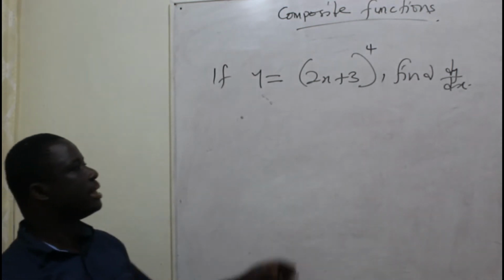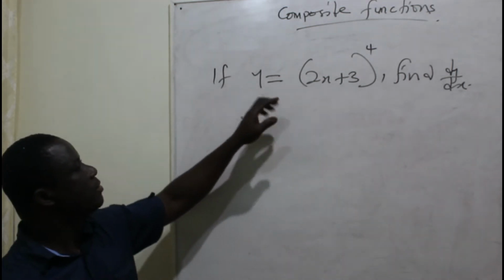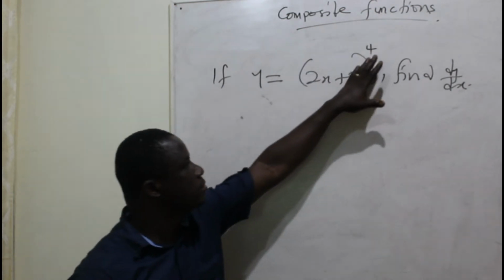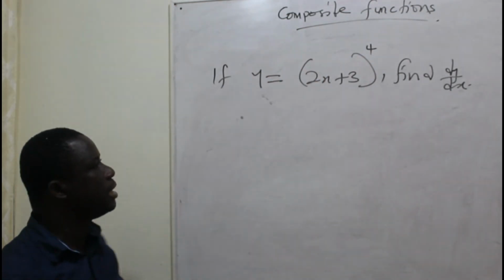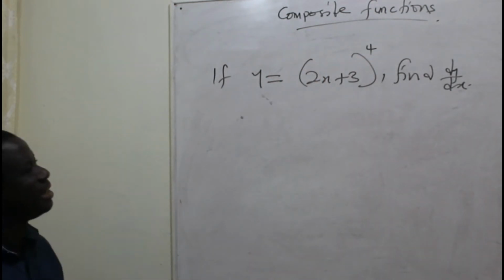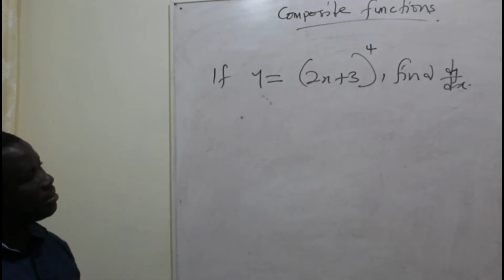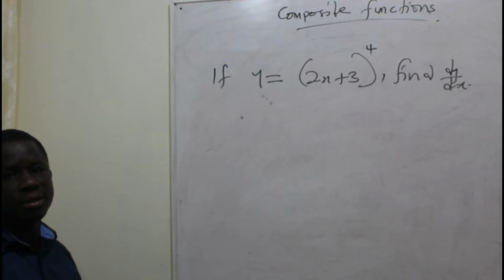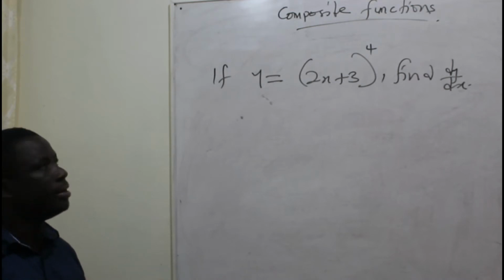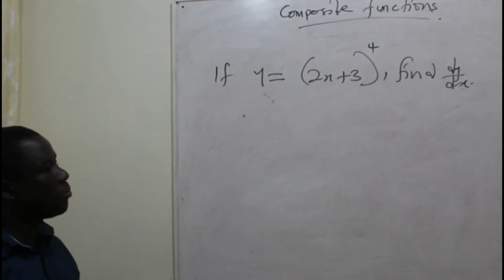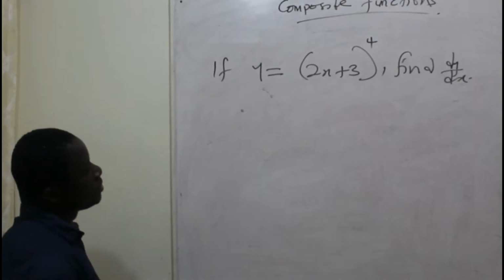So it tells you that to get dy/dx, you have to consider the 4 too. You can't just differentiate as you have been doing, and you can expand using binomial expansion. That work will be very tedious. So you apply the chain rule of differentiation of composite function. So the chain rule says that